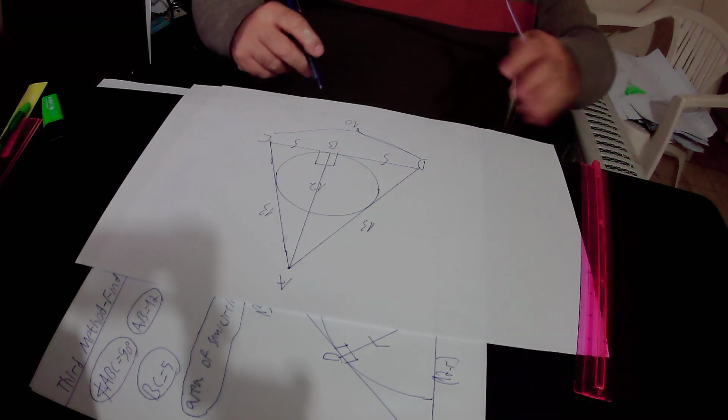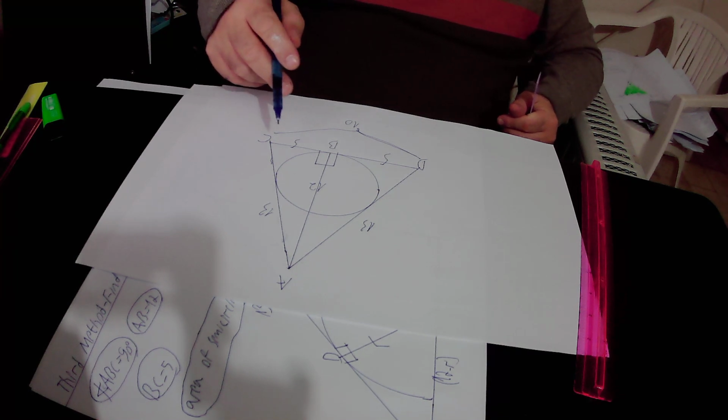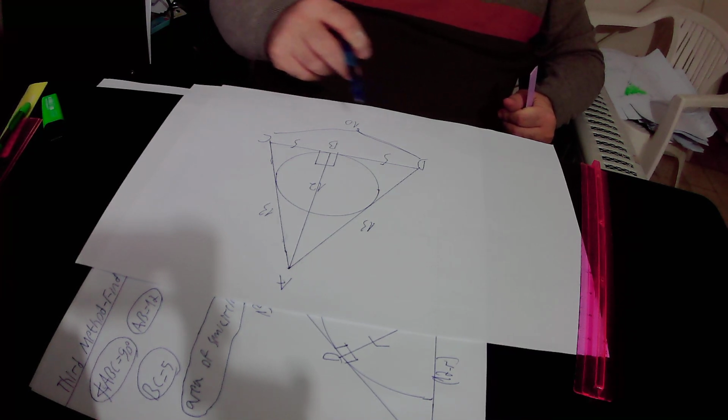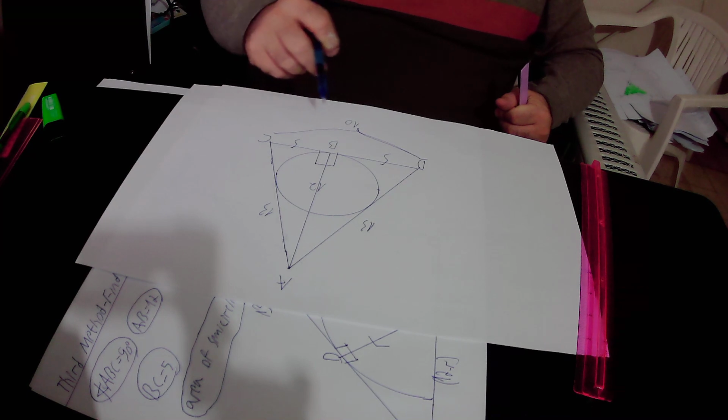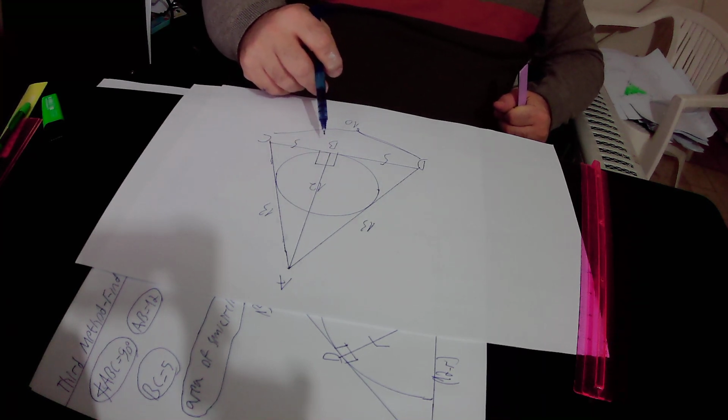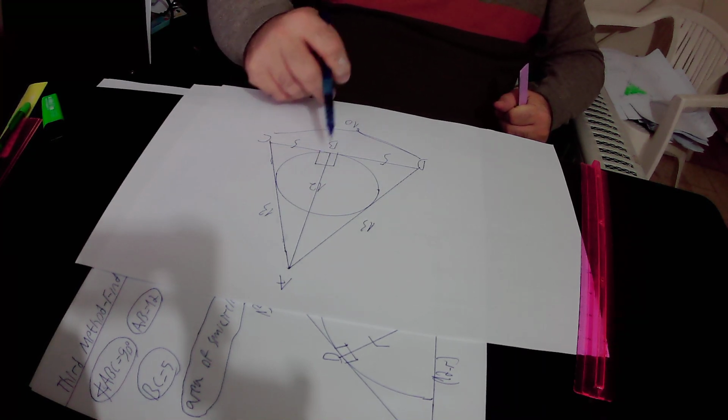Okay, so the base of the isosceles triangle ADC is equal to 10 units, and the height to the base, it is AB, that equals 12 units,